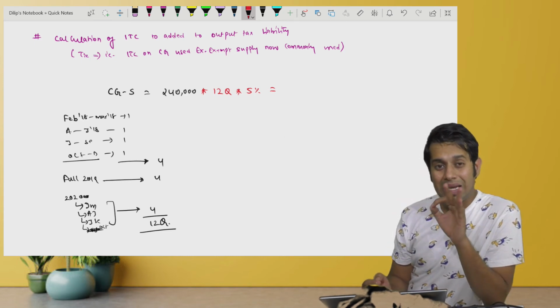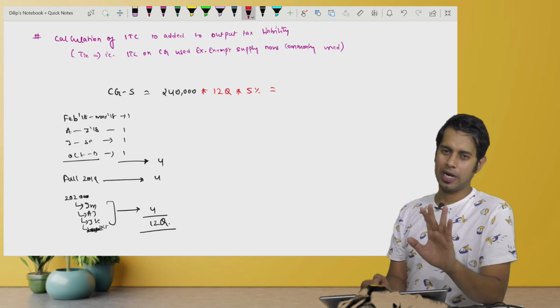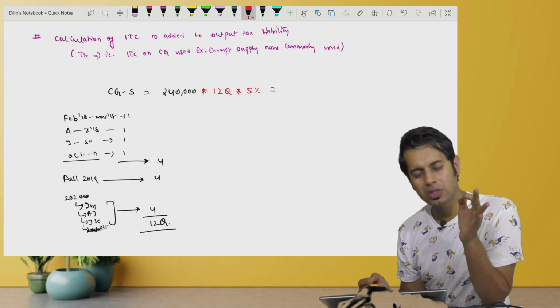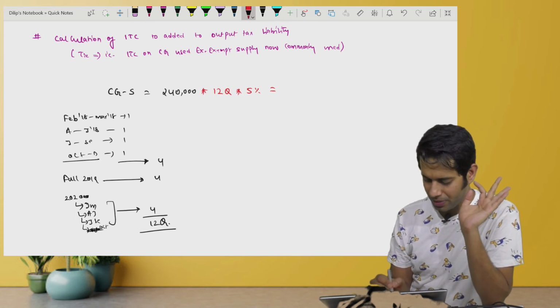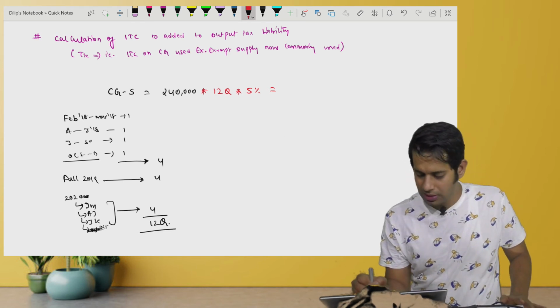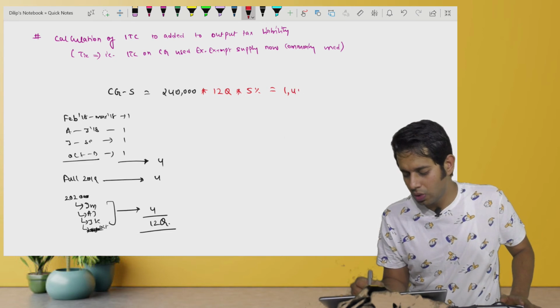You can take it 11 quarters also, but you should write that assumption. If you are writing 12 quarters or 11 quarters, not a problem. Write an assumption. Very simple. So if you are taking 12 quarters, the amount which you should reverse comes to,